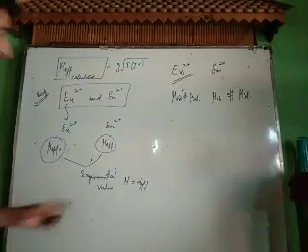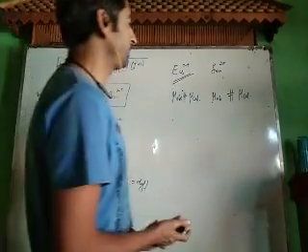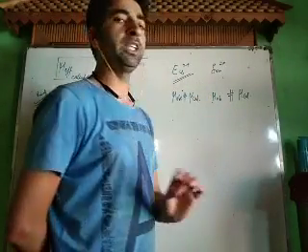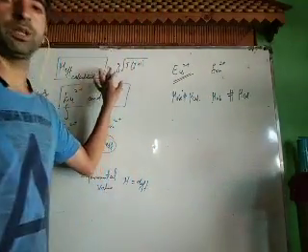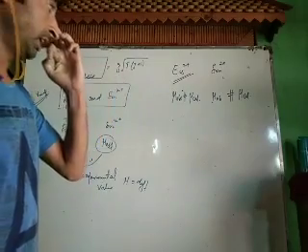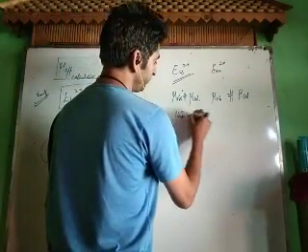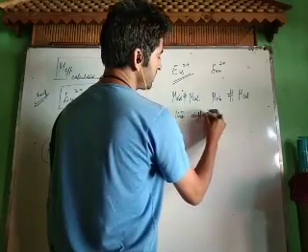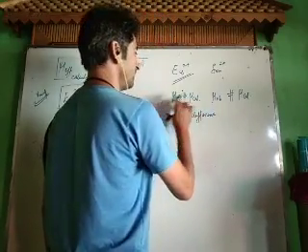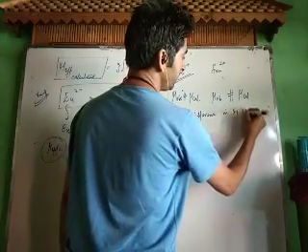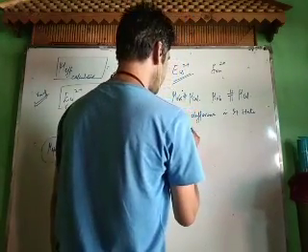The observed magnetic moment is not equal to mu, meaning samarium 2 plus and europium 2 plus deviate from this formula. Now why do they deviate from this formula? Because of the difference in... they deviate because of this, which is very important. This thing has not been asked. This has been asked: the difference in ground state and excited state